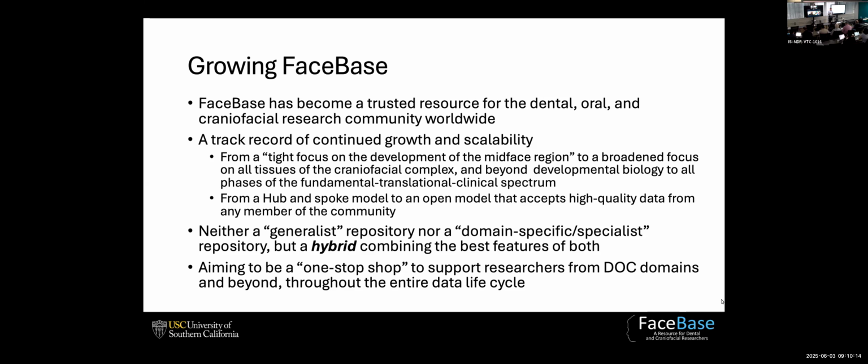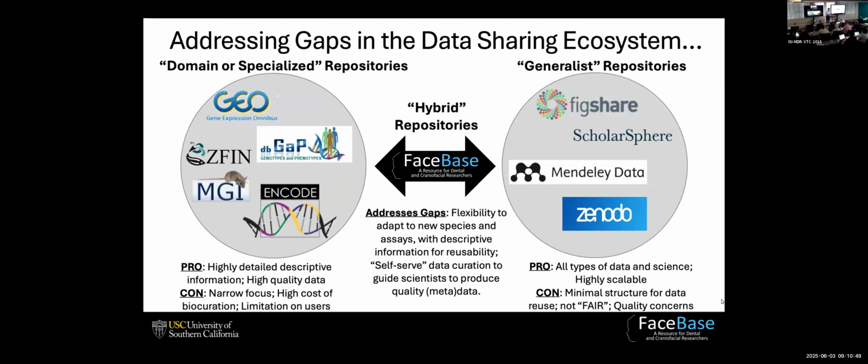And the other part you will also really hear is how FaceBase has been able to fill a gap between domain-focused data repositories versus the generalist. And FaceBase, we would say, is more of a hybrid model that really fits in between. The goal is to provide FaceBase as a one-stop shop to support researchers in the craniofacial field. So this slide highlights how FaceBase fits between these two different models.